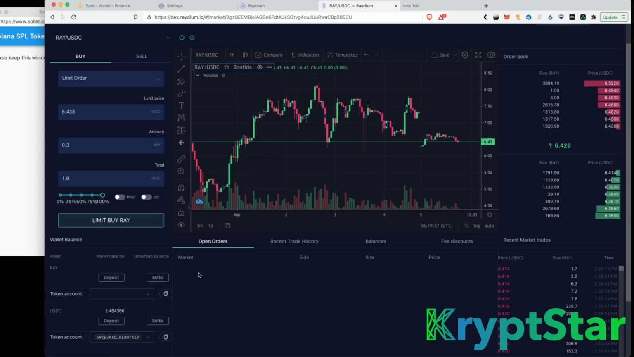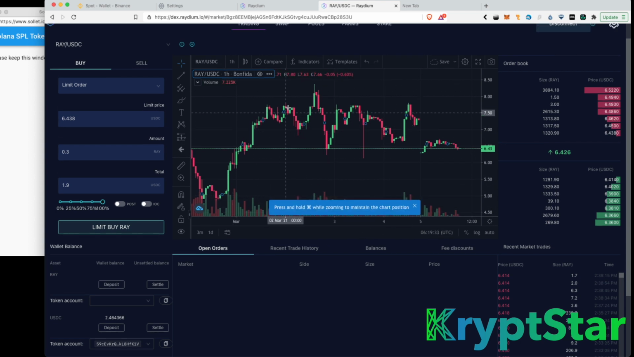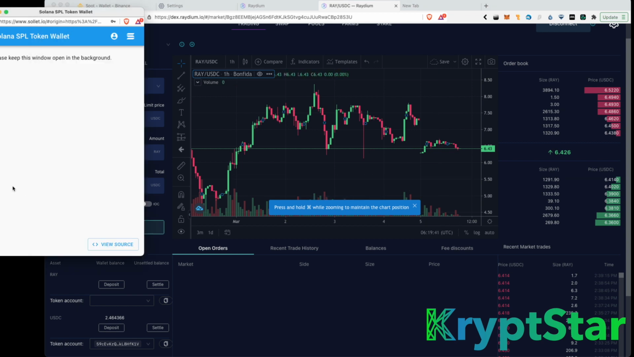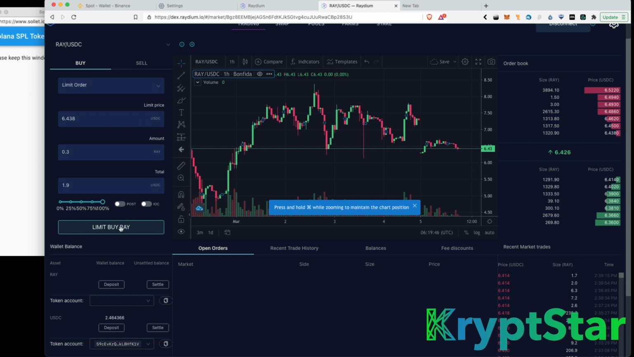I don't want to wait any time for anybody to buy it because there's a lot of volume, but yeah. Man, it's not a huge disparity in price. Should have sold up here and bought down here. Anyways, shoulda, woulda, coulda. So go ahead and limit buy Ray. I'm gonna buy 0.3 Ray, which is enough to stake, but